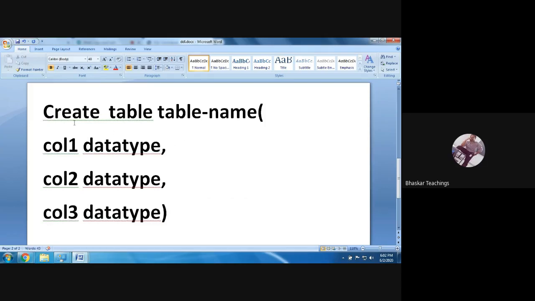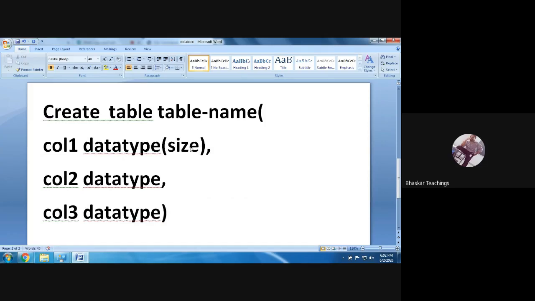Fine. So this is the syntax: create table name, mention the column name and its data type, then the next column name and data type, as many columns as there are. And sometimes you need to mention a size for some data types also. Assume this is character, I'll have the data type varchar. I need to mention the size of the column. That means, suppose this is the, actually let me write size here.